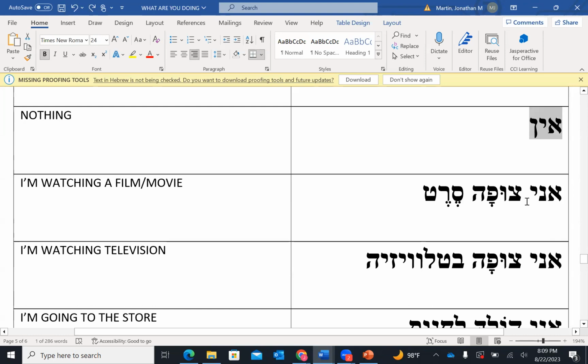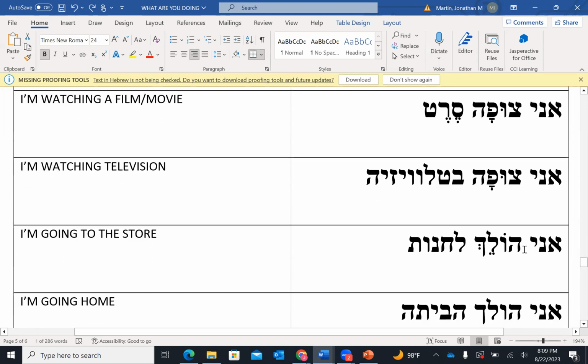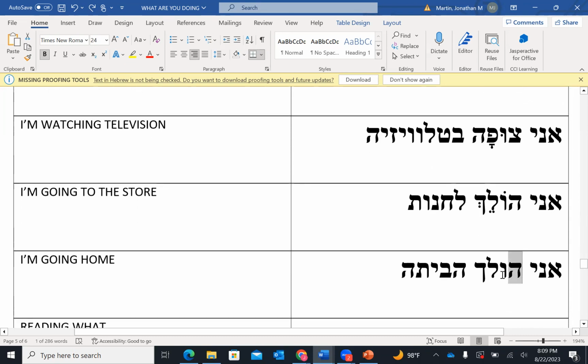Now watch this. For things that I know you have never seen before, like zufa, I give you the nikud, right? Here I have holech, so you can sound it out. But in the second case, I give you holech without the nikud because you should have applied, well, that's the same word as this. The reason why some of the words have the nikud and some of them don't is because I'm trying to wean you off of using the nikud all the time. You see that? And that's the only reason why some of these words have the nikud and some of them don't.